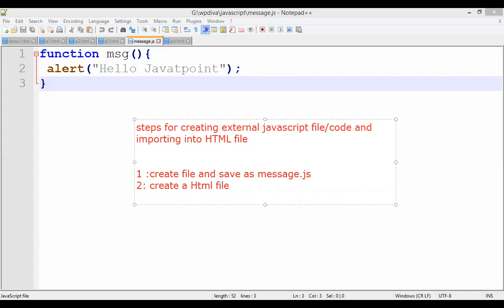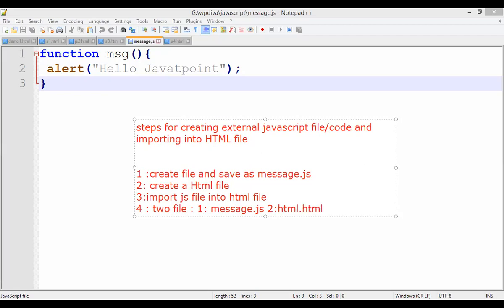Then after this, what you're going to do? You're going to import this JS file into the HTML file. It means you're going to create two different files here. Okay, you're going to create two files, right? Am I right? So first one is which one, guys? First one is, for example, I will take a name saying message.js. You have to remember what name you have given to the file. Second will be the HTML file. We are saving that with .html extension, okay? So you can give any name. For example, I will give JS4.